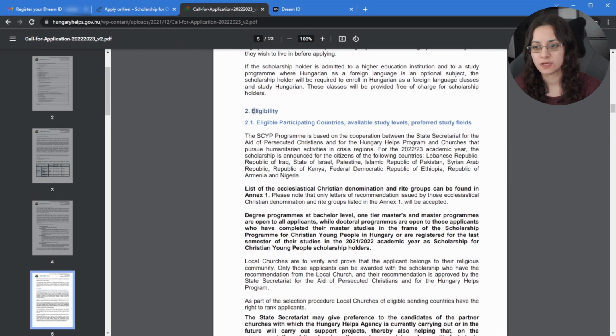Then when you go to the eligibility, we need to know that there are certain groups you can find in Annex 1, and also degree programs at bachelor level, one-time master and master programs are open to all applicants. So you can apply for bachelor and master degrees freely,